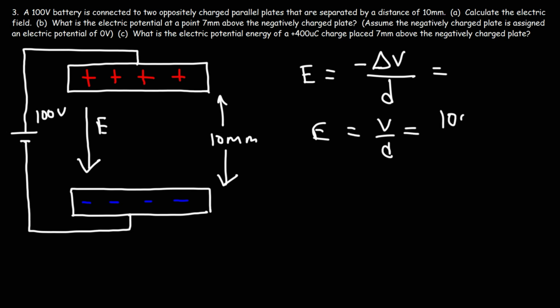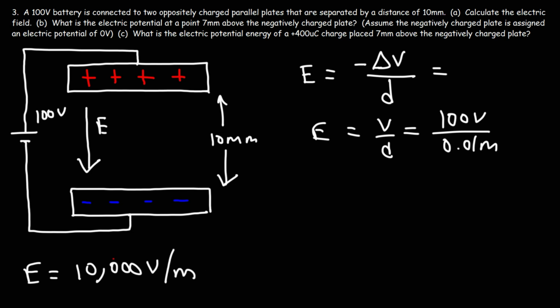The voltage is 100. The distance between the plates is 10 millimeters, which, to convert to meters, you need to divide by 1,000. There's 1,000 millimeters in 1 meter. So 10 divided by 1,000 gives us 0.01 meters. So the electric field is 10,000